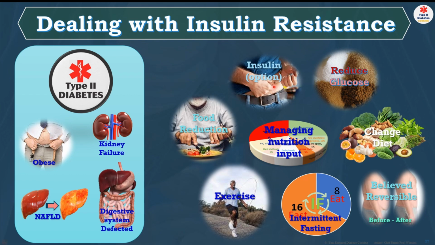Okay, and then you have to change your eating habit, the diet. Definitely, you have to add a lot of herb and spice and green vegetables. Okay, and then you have to do the food reductions, because you cannot eat the whole pile in one meal. You cannot pile your food and eat 2, 3 times a day. You have to cut down your portion. That is going to bring your health back easily because you're not going to get fat.